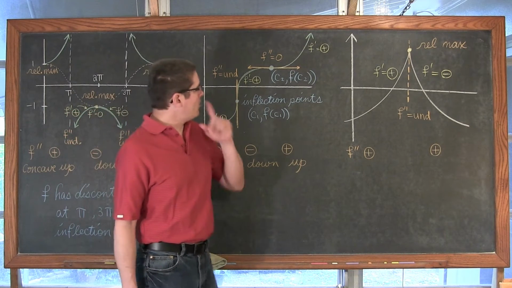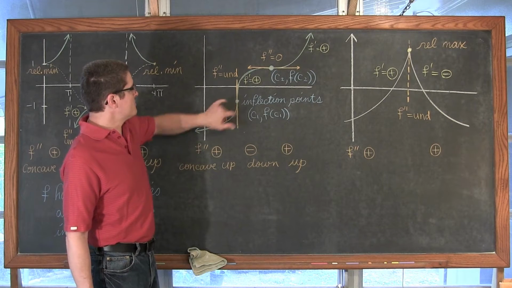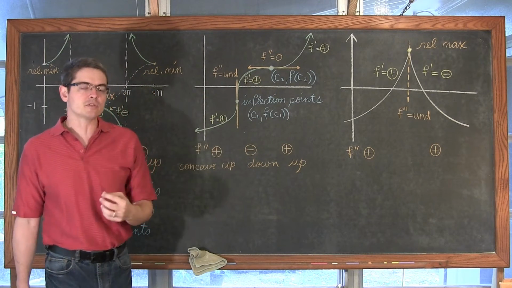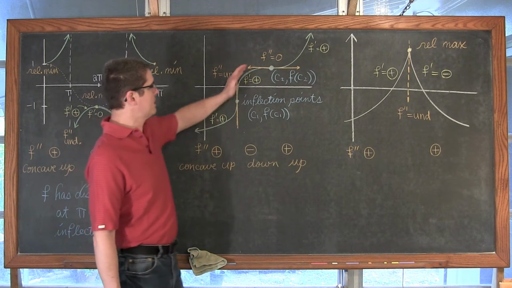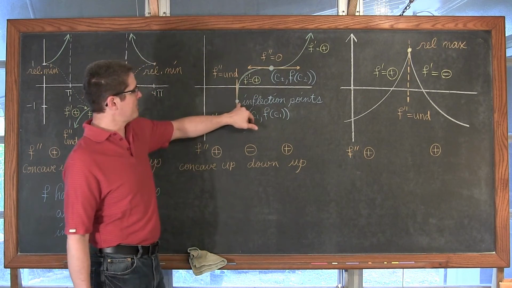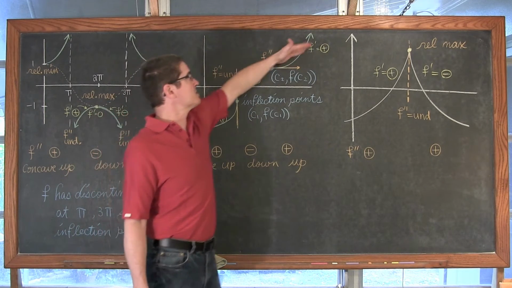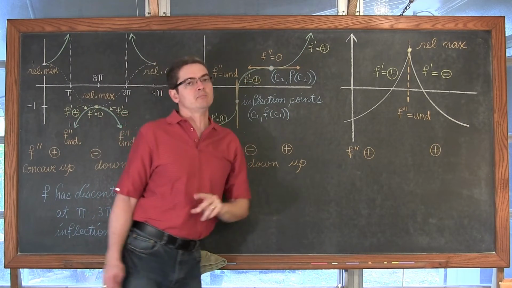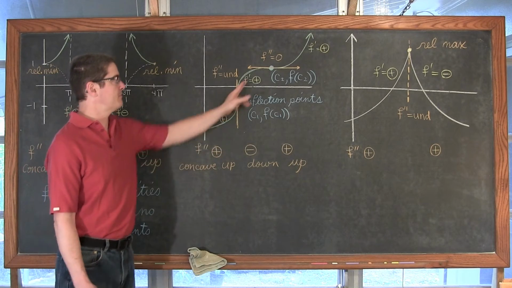Okay, so also what I want to mention here is just because you find a critical value doesn't necessarily mean, like we learned in the first derivative test, that you're going to find a relative max or min. This graph actually takes a couple of breaks. It's got a place where there's a vertical tangent line, a place where there's a horizontal tangent line, but it just keeps climbing again, and that first derivative never changes from being positive.